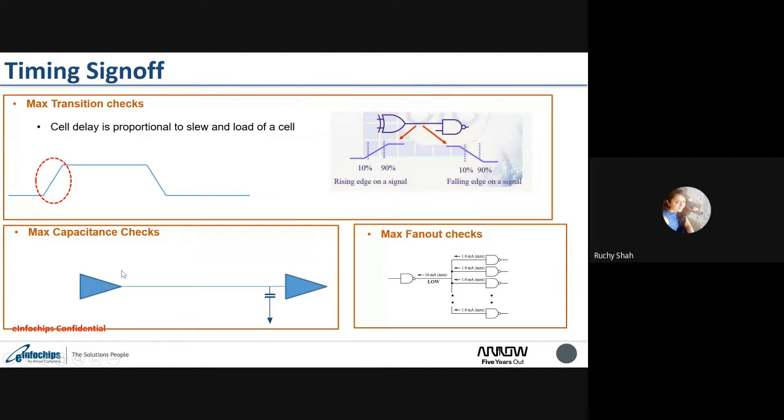The next is max capacitance check. As I mentioned earlier, these nets are nothing but a combination of resistance and capacitance, and each input of a cell has certain capacitance. So whatever capacitance is present in these nets and the input pins of its fan out will be seen as a load for the driving cell.